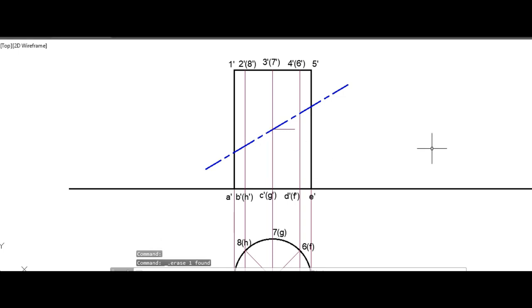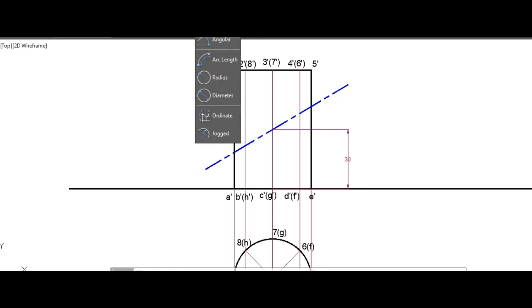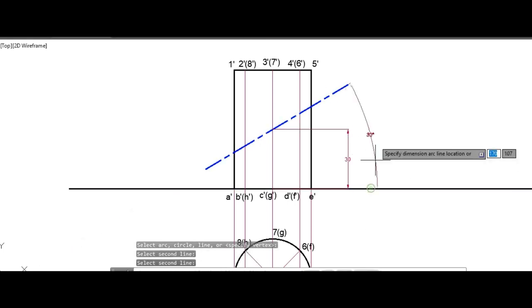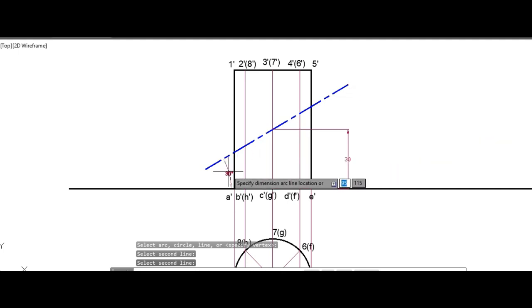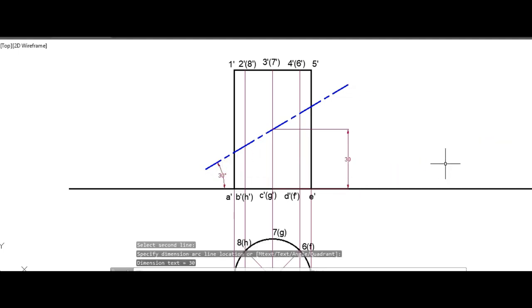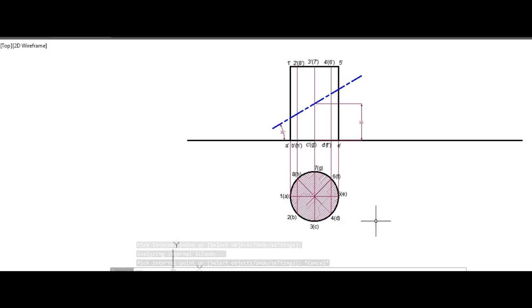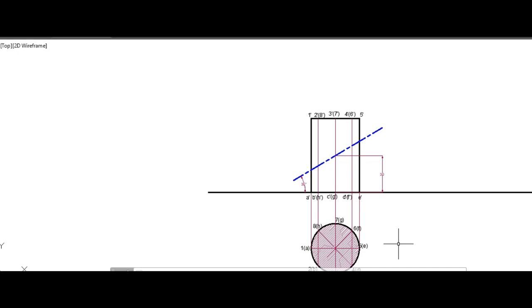You can see the distance is 30 mm from the base, and its angle is 30 degrees. So this is your section line. Since it cuts the entire part, there is no base or anything like that. Since it is cutting fully, the entire part in the top view will be hatched, that is, sectioned. You will get a hatch something like this. Now draw the true shape.